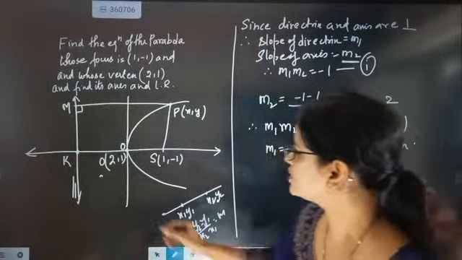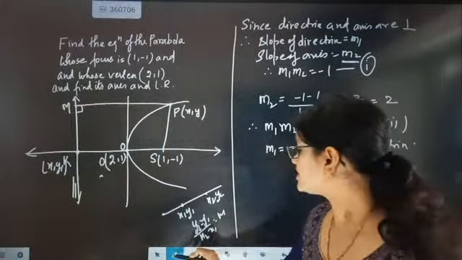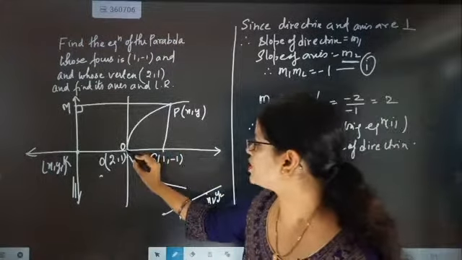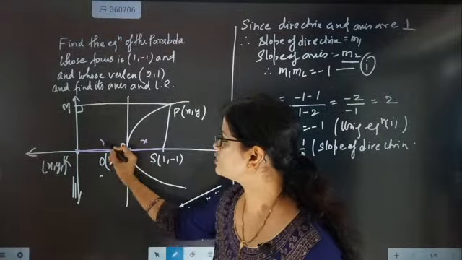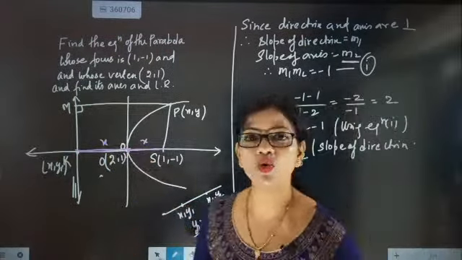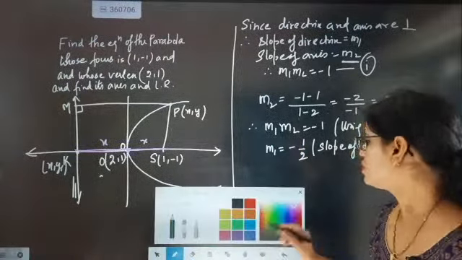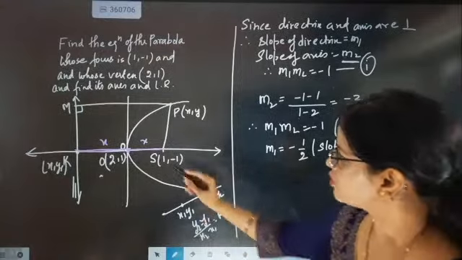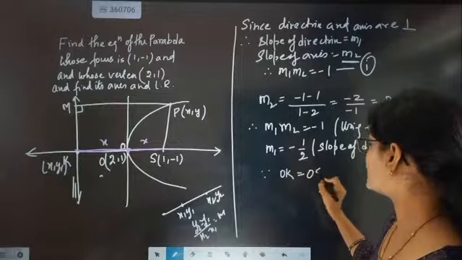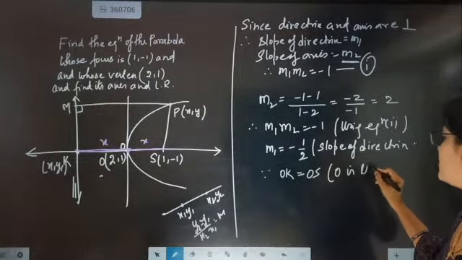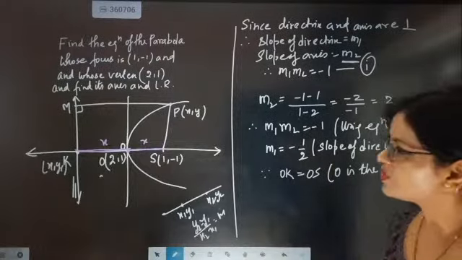So what we are going to do is, we will take this point as (x1, y1). Now we know that the distance between the origin and the focus is equal to the distance between this. Both distances are the same. So that means the origin is going to be the midpoint. O is the midpoint, OS equal to this, then what are we going to do?